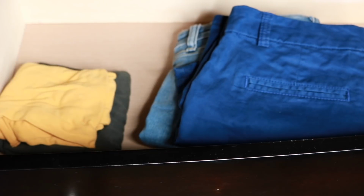So another hack that I can give you guys is just to look at it this way. Just be a minimalist for just a little while. And honestly, it makes life so much simpler. Basically, I just went through my drawers. I took out some clothes that I normally wear, basic stuff, and I just left those in the drawers. You guys will see that I have some shorts, a couple of tops, workout clothes, and I just threw what I didn't want to wear